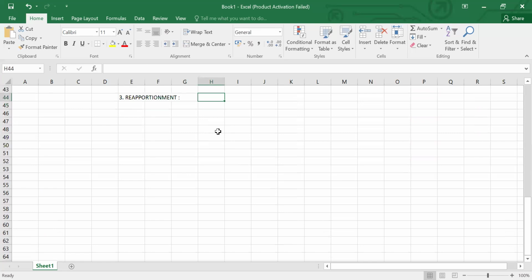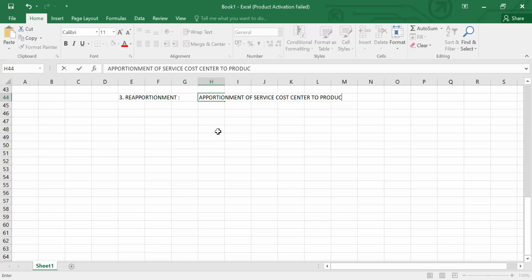Reapportionment, first of all, I will write the definition here. Reapportionment specifically deals with apportionment of service cost centers to production cost centers. Now, before coming to this definition, I need to tell you what are two types of cost